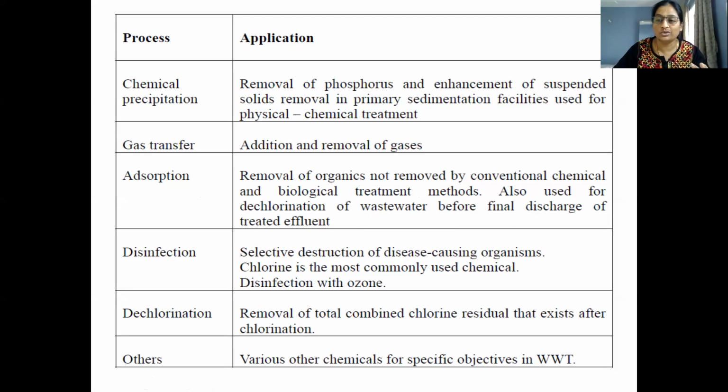Usually activated charcoal is used in the powder form or in the crystal form. When such activated charcoal is dipped in water, the impurities present in that water start adsorbing onto the activated charcoal, because its surface is porous in nature, and the impurities fit into the pores of the activated charcoal. And when you remove the activated charcoal, the impurities are also removed. That is the adsorption process. So usually very fine particles are removed with the help of the adsorption process.